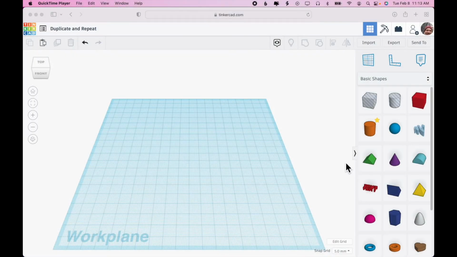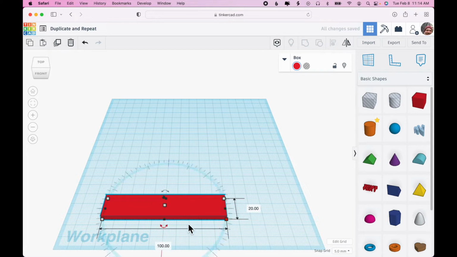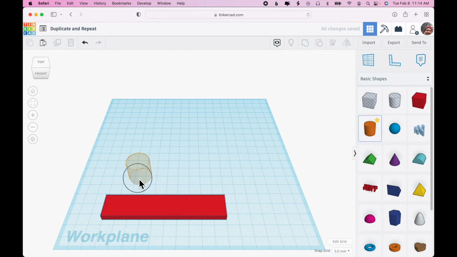to look at the duplicate and repeat function and throw in a few other tips as well. I'm going to start by bringing out a simple box. Let's say we make that 5 millimeters tall and 100 millimeters long. Okay, now I'm going to bring out a cylinder